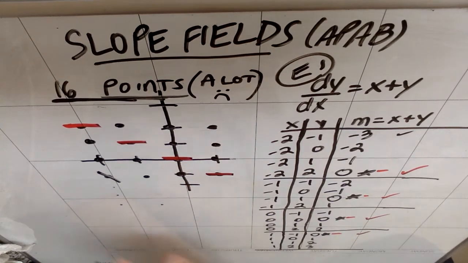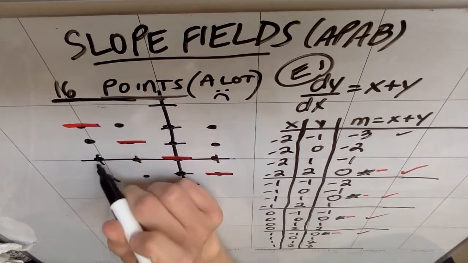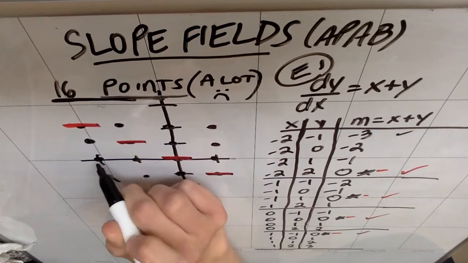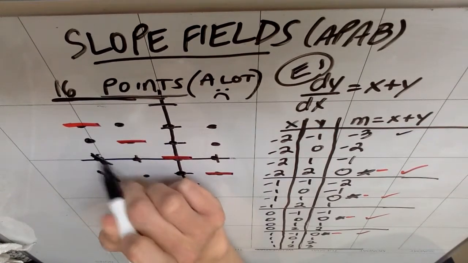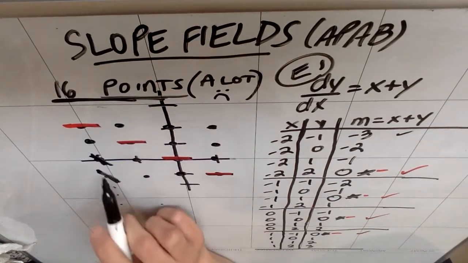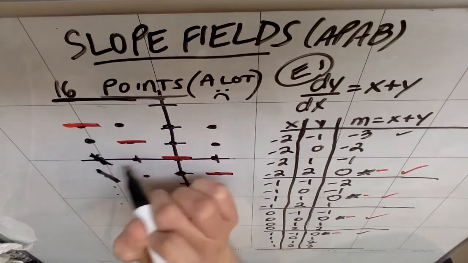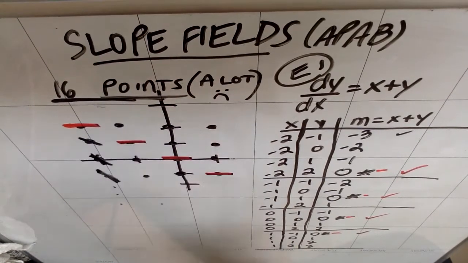So when I get over here, I have my -3 slope. This next one should be a slope of -2, which means down 2, right 1. So that's going to be like here, right? So notice that it is slightly less steep, but it is still negative. It's slightly less steep than my -3, but it's still negative. The next one should be a -1, so that's down 1, right 1, which is here, again, slightly less steep